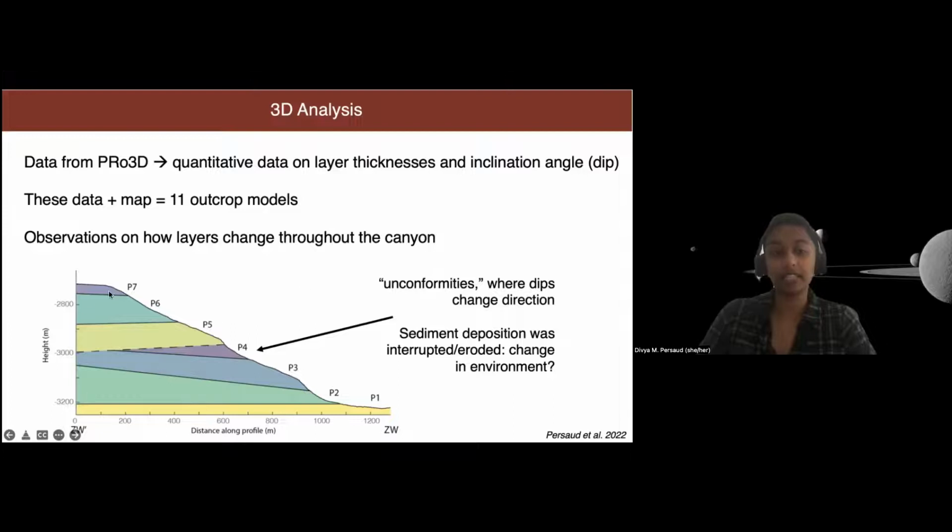Looking at these different types of trends, we can also see that when these inclination angles, these dips, change going through an outcrop, we get something called an unconformity. I've propagated some of these boundaries and you see this layer truncate.